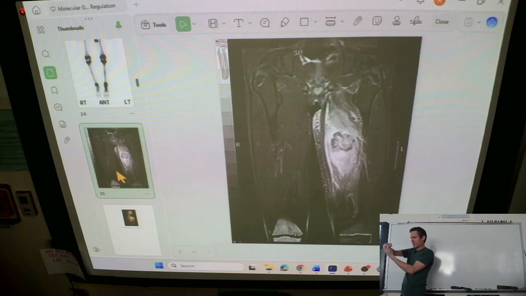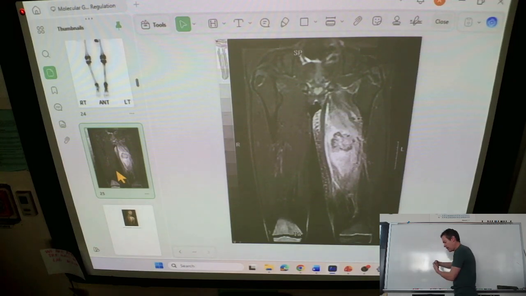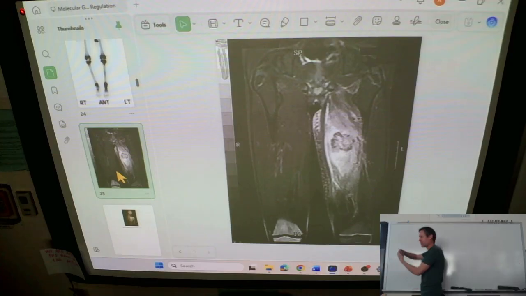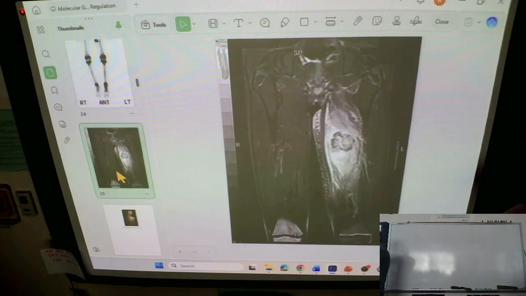So what is actually attaching them? If I run and I cut, my femur doesn't fly off, my leg doesn't break in half. So what's keeping them attached? Yeah, ligaments. Tendons attach muscle to bone, and ligaments attach bone to bone.